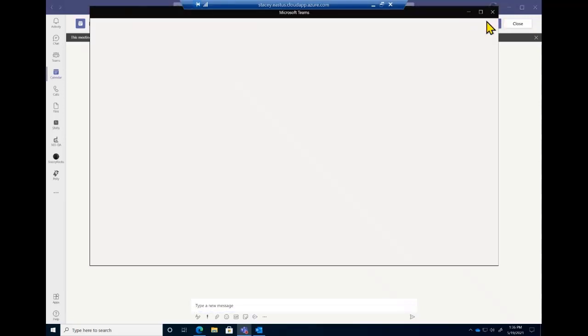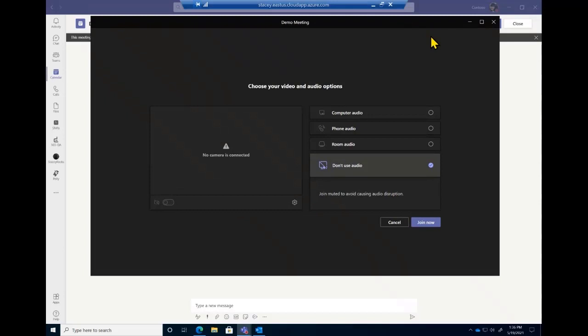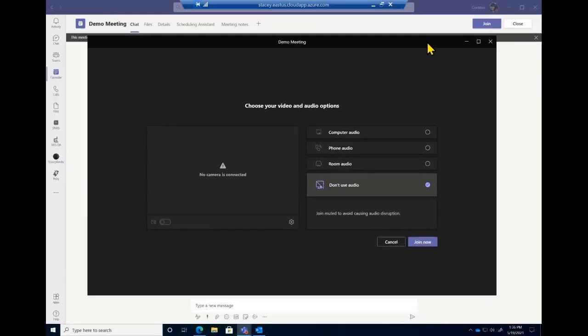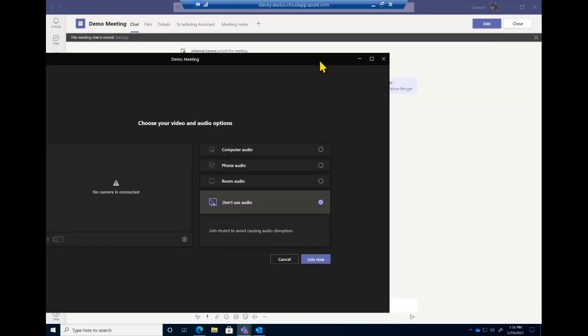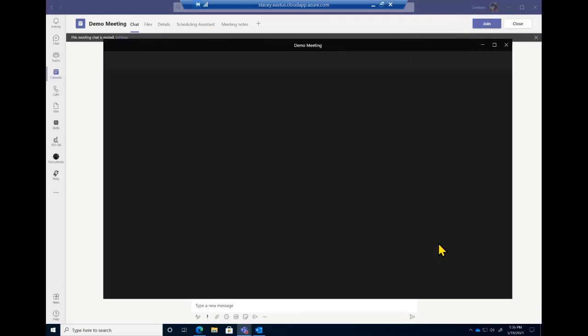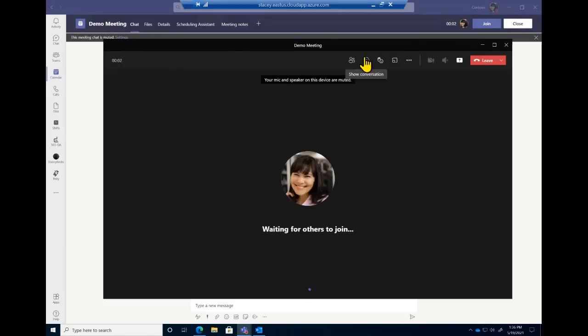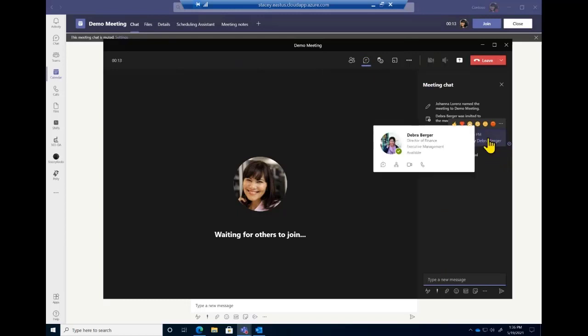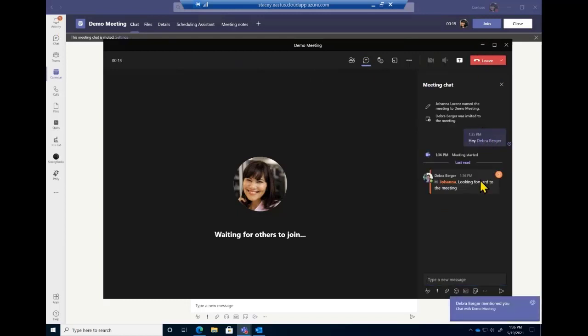So say I join this meeting, right? Where if you're in the new Scheduling Assistant, it gives you a nice pop-out window. So if you're somebody with multiple monitors, you can put this meeting on one monitor and have your Teams client to multitask on the other. While you're in the meeting, to access chat, you access it from the top navigation rail. The chat bubble is pinned and you can access it here. You can see that I sent that message to Deborah. And you can see Deborah's responding to me.